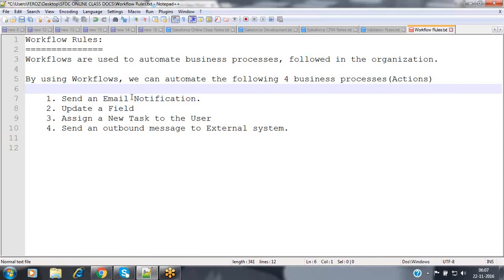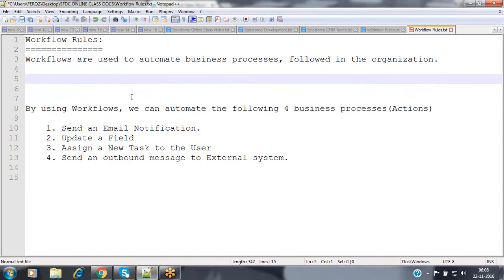So for each and every workflow, you will have 2 things. One is the criteria, nothing but the event, when it has to be fired, and we specify the actions, what needs to be performed. Each workflow contains 2 components.